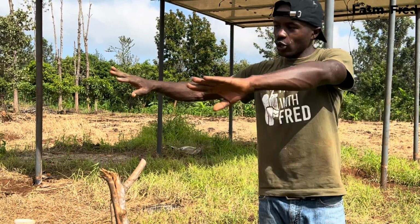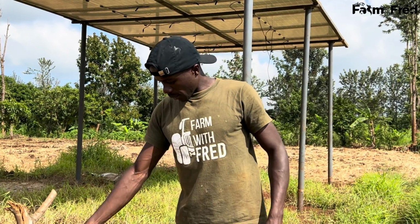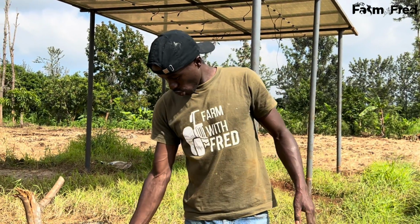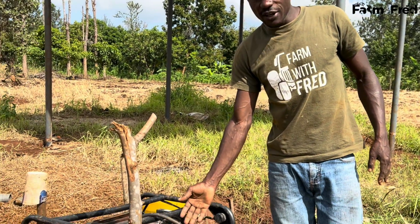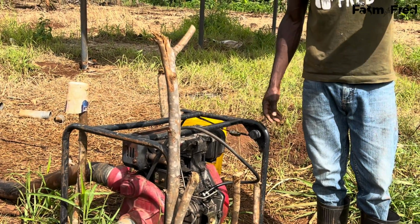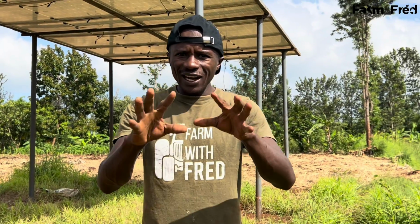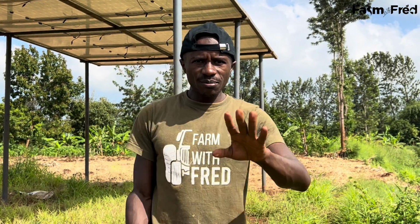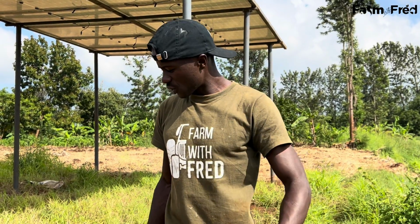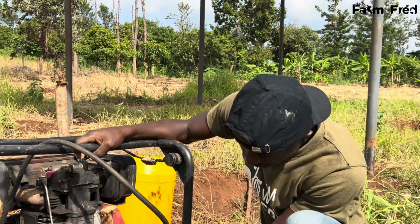My machine is well. You can build a shade on your machine. You don't need to leave it out like mine here. And I wanted to show you some few things that I usually do that have killed many farmers' machines. Many farmers have killed the expensive machine, and it's because of a few mistakes. One,